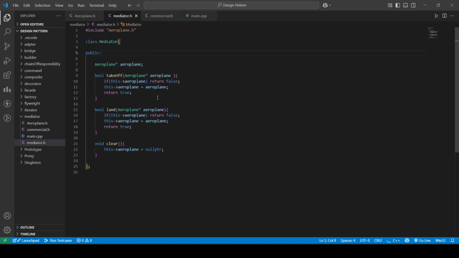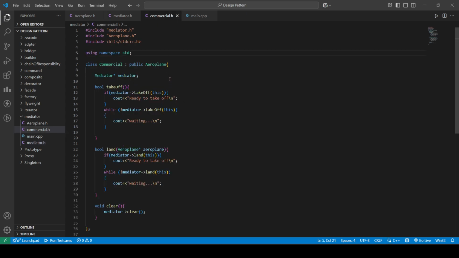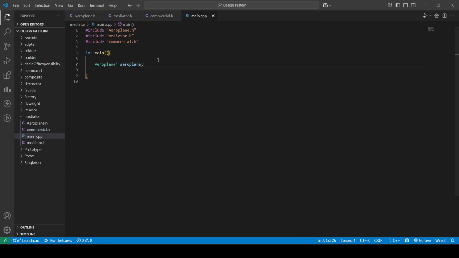Okay. Well, I think I'm already defining aeroplane over here, so I don't need to provide airplane again, I guess. So what I'll do, I will define an object for mediator and commercial, because anyway commercial is implementing my aeroplane, so I'll get the object of airplane. Fine. So let's try to do this